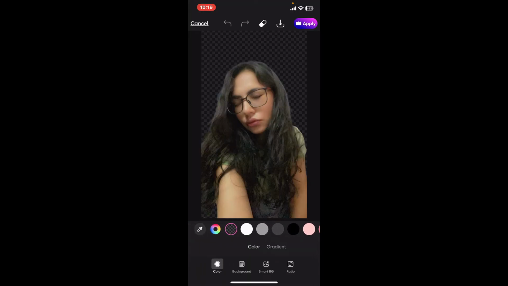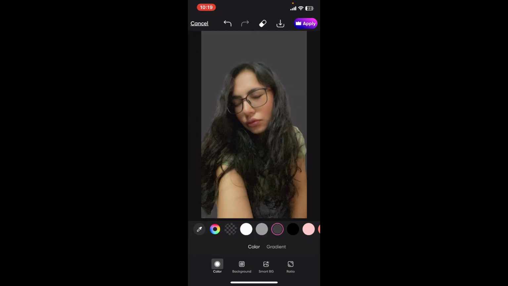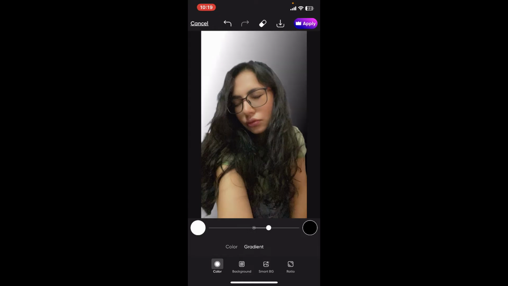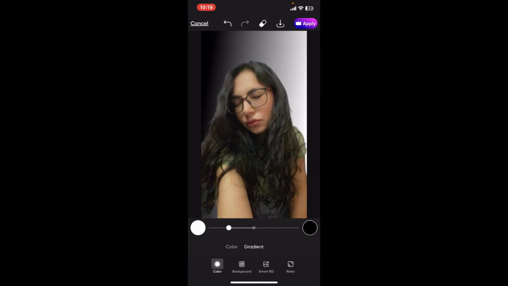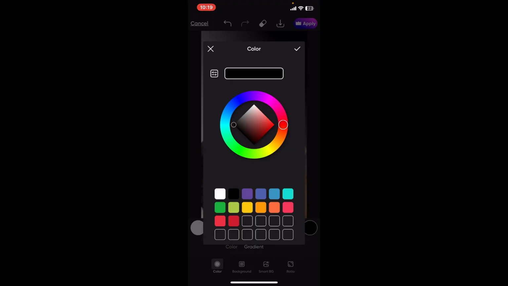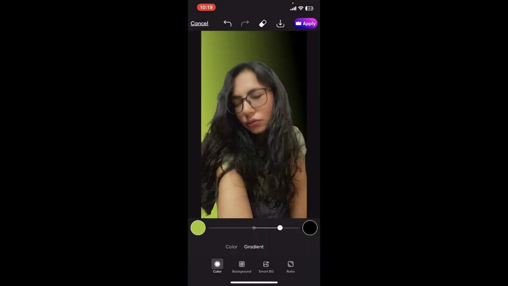Now, from the color palettes, select the background you'd like to apply for your image, and you can use colors for that as well as gradient colors. Go to gradient and create a gradient effect for your background by decreasing or increasing the slider, left or right. You can also go ahead and choose the gradient color by picking the color option. Select the color of your choice, and that's how you easily remove a background and also add a new one